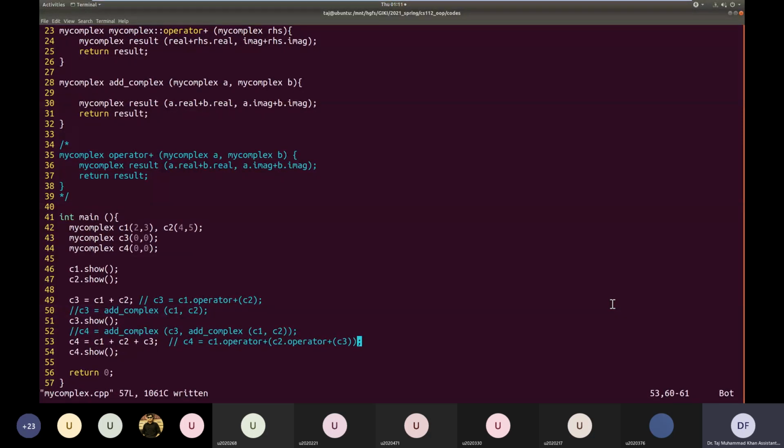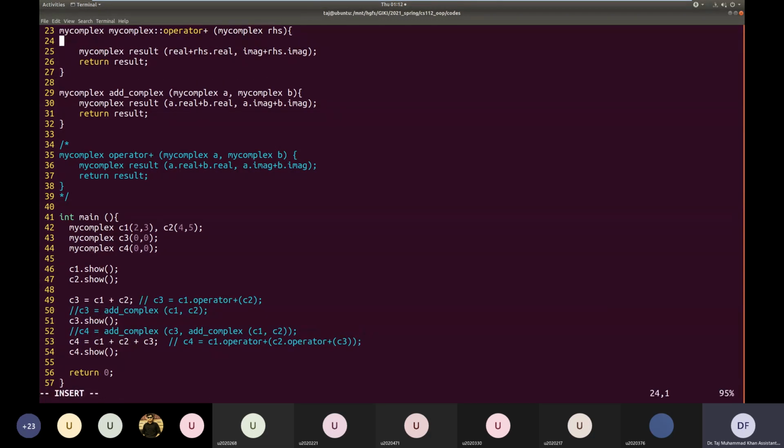verify this associativity by calling here, not this one, sorry, this one. We can basically, before we can, RHS.show, right? And then we can basically comment this line just to make sure that we do not get any cluttering of the screen.